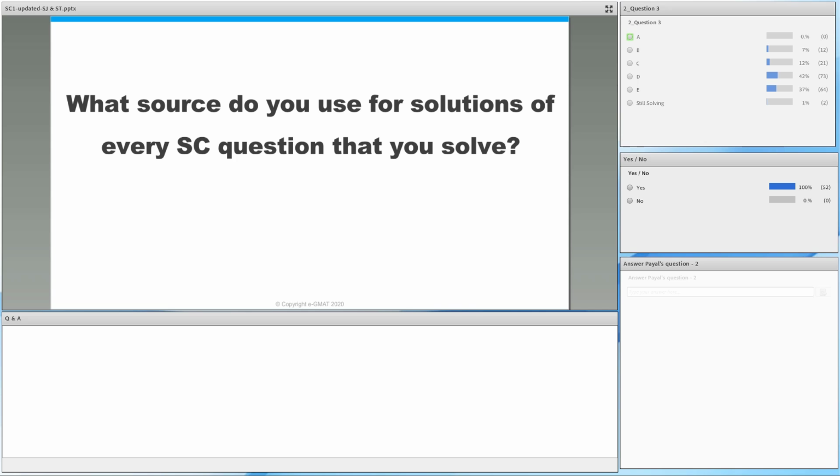You all are familiar with the OG, the Official Guide, and there are other forums through which you can access solutions to these difficult questions in the OG, especially with the OG Advanced Edition and the difficult questions that we keep getting in new editions. But think about it. Have you ever gotten this kind of detailed solution for every question, the way we present it? We not only tell you the approach, but we